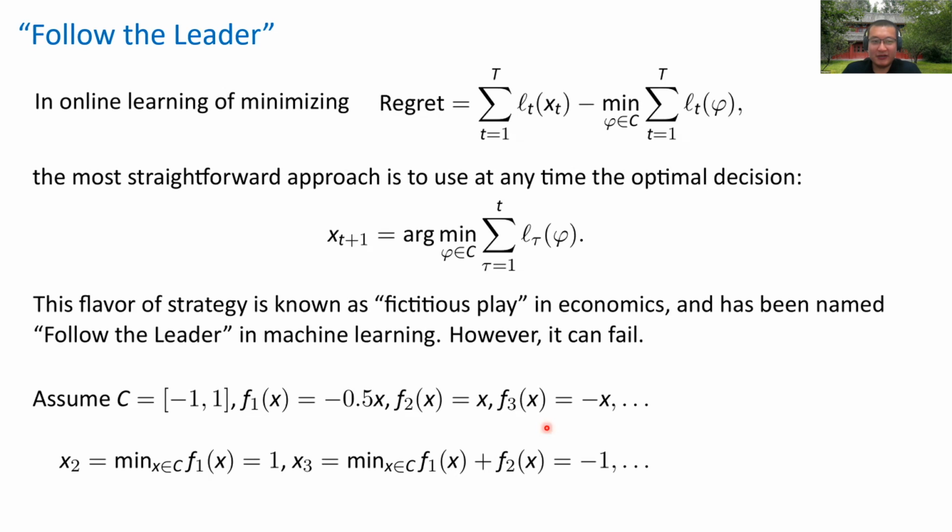So you see the issue with this. This is the tricky thing of online learning: at each time, making the locally optimal decision does not necessarily give you the best result. Actually, in this kind of strategy, the regret is Omega of T. This is really not very helpful. Nevertheless, the intuition of making some optimal decision is correct, and we always want to make the online learning result good.